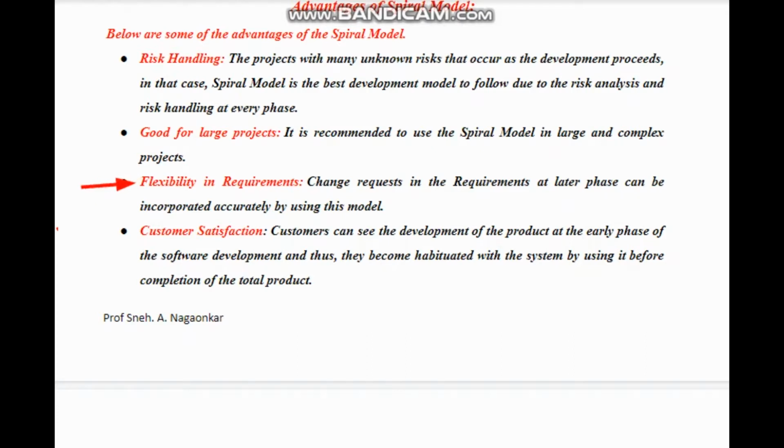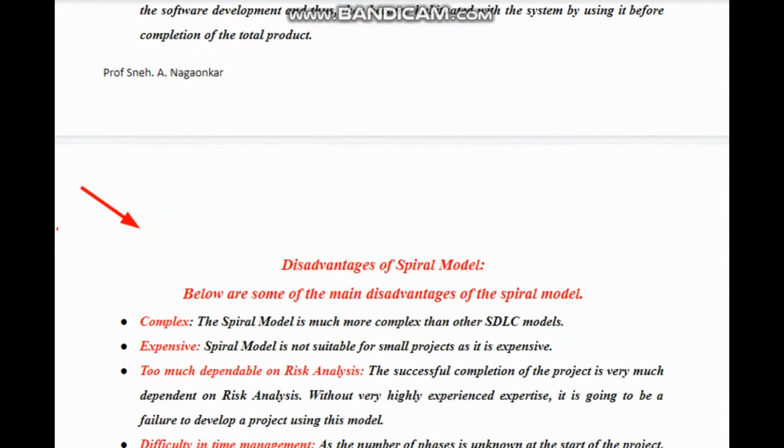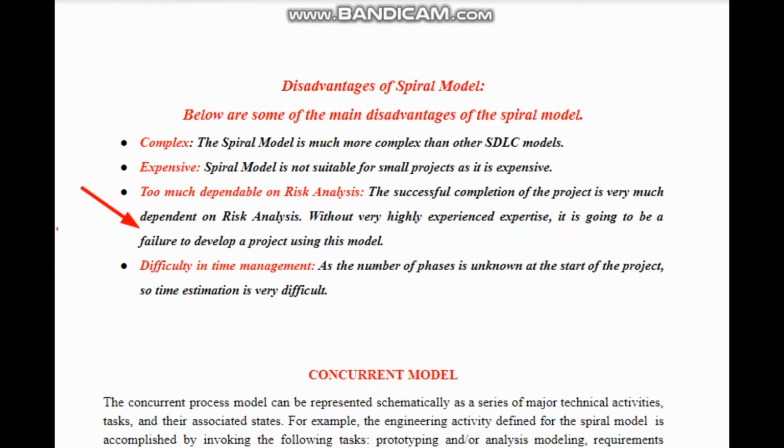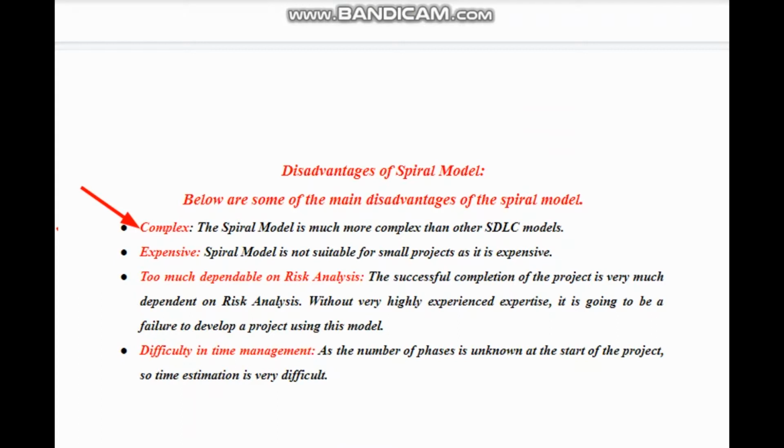Because of this flexibility, there is a lot of customer satisfaction obtained here, because all the risks are resolved. Hence there are very low chances again of obtaining any risk. So that is all about advantages.